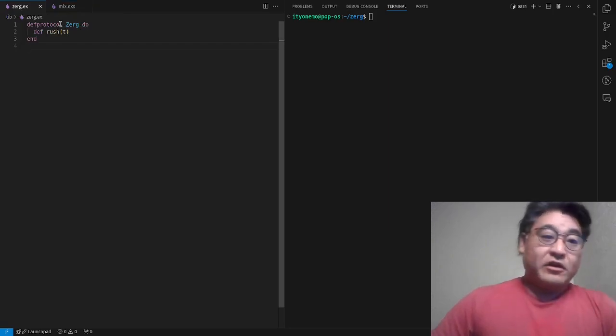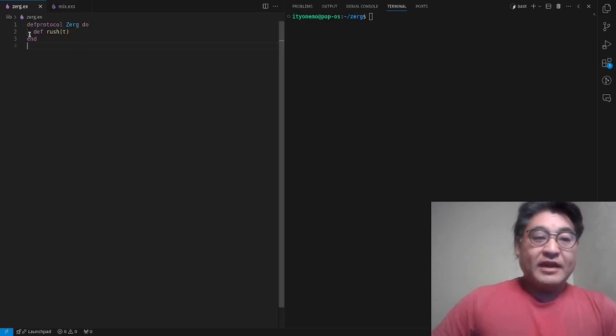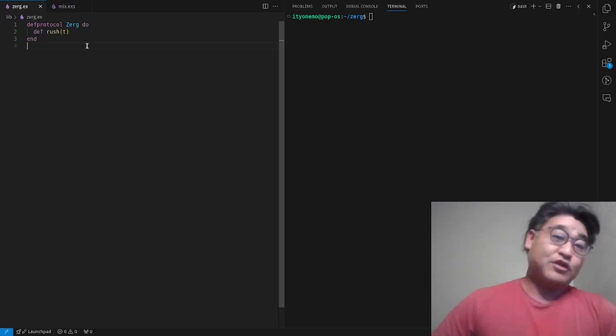In Elixir, you define a protocol which will create a module of the same name. And this module contains functions that are defined by the predicates that you put inside of the protocol body. So in this case, we're declaring that we're going to create a rush function that takes some data type that has an implementation of the protocol. And all we're guaranteeing is that any data type that implements the Zerg protocol will have the rush function attached